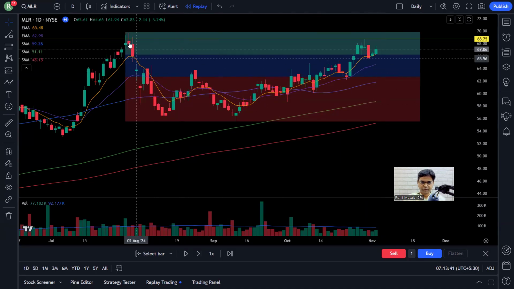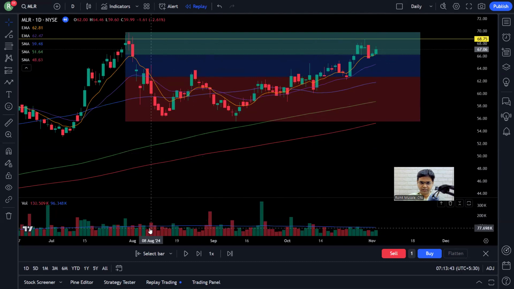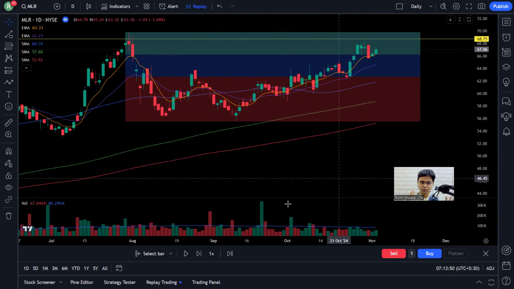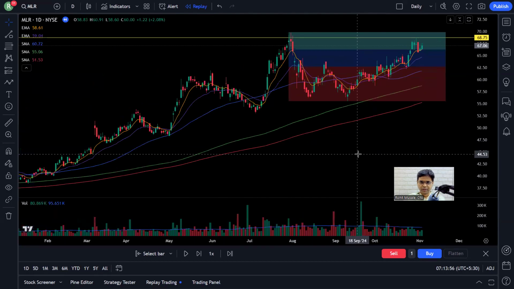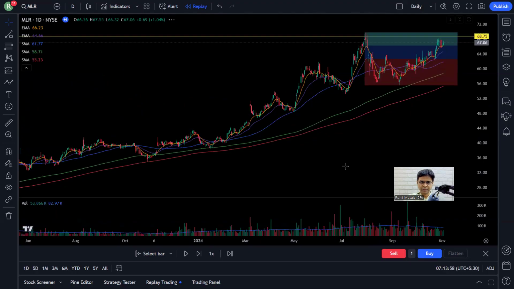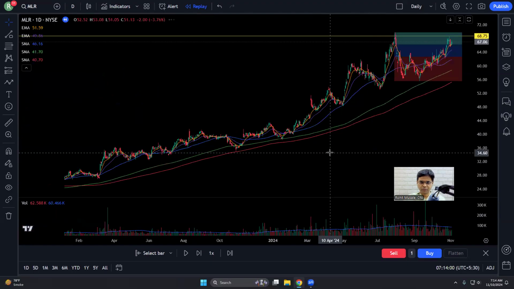If you notice, while the price is consolidating, volume, majority of the time, the volume remains below the blue line. So low volume consolidation. Okay, that is what we are looking for when the stock is in stage 2. If you notice, when did the stock enter in stage 2? If we just go back,